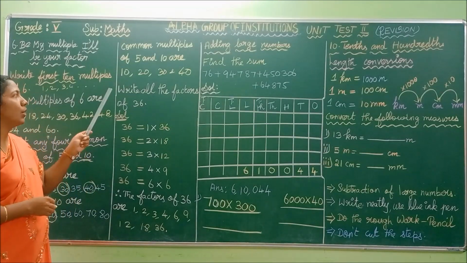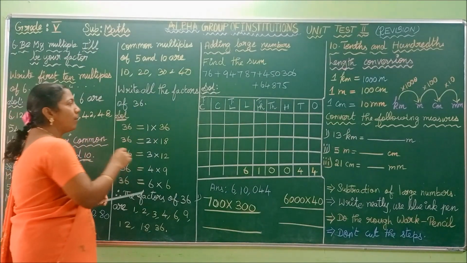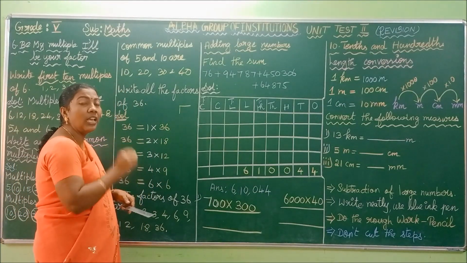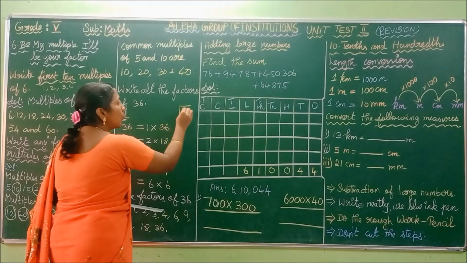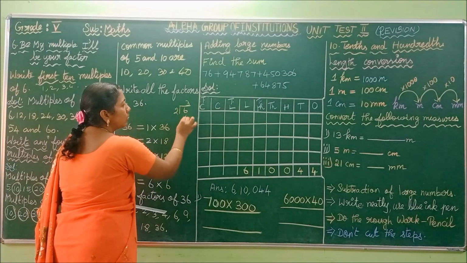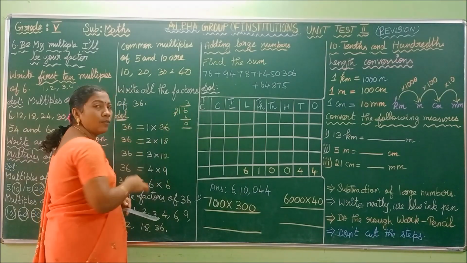Okay. Next we are going to see the concept of factors. What is meant by a factor? If a number divides a given number without remainder, we can say that number is a factor of the given number. Suppose 6 is the given number. I am dividing 6 by 2. 3 2s are 6, so our remainder is 0. So we can call 2 a factor of 6.